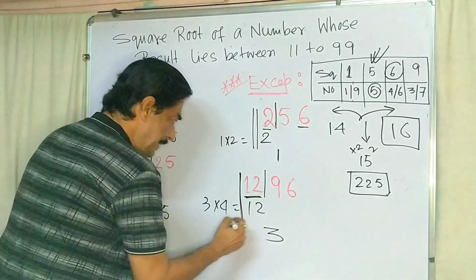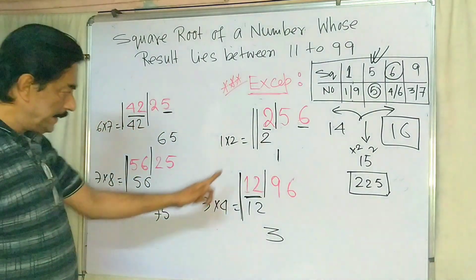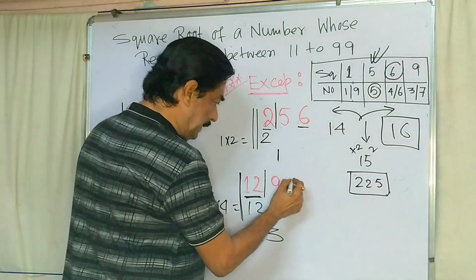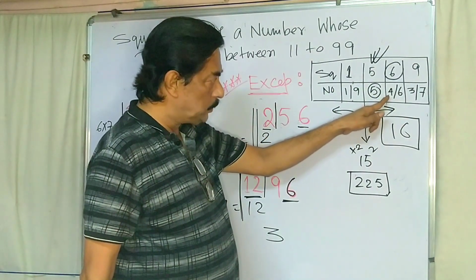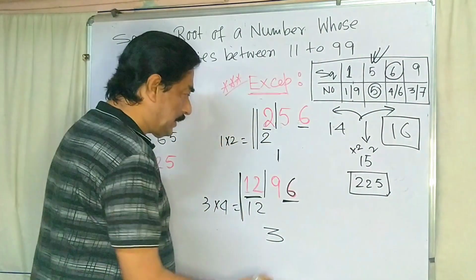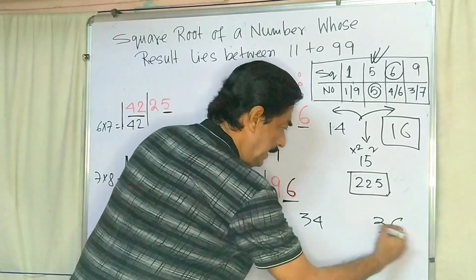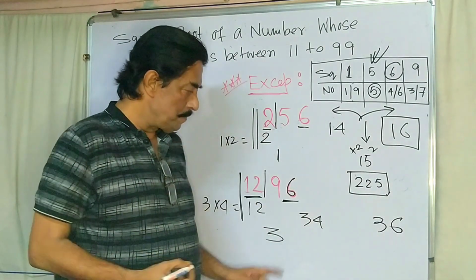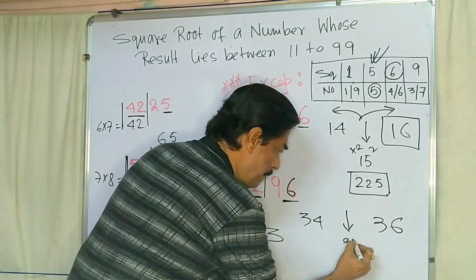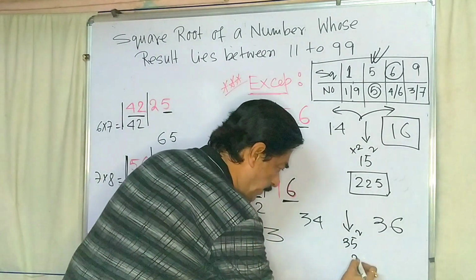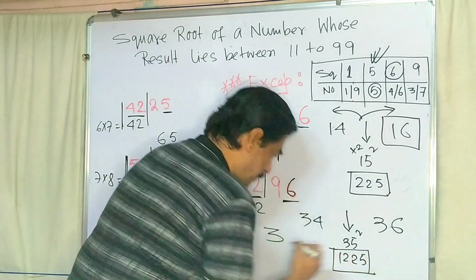Same. Exception case: when it is the same number, in 99% of cases the right side is 5. But here the number is 6. Now, as it is 6, under 6 there are two numbers, 4 and 6. So your result should be either 34 or 36. These are the two possible cases. The middle number is 35. 5 square is 25 and 3 into 4 is 12, so the testing number is 1225.